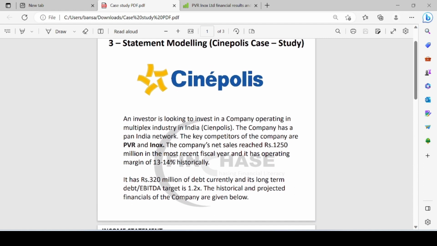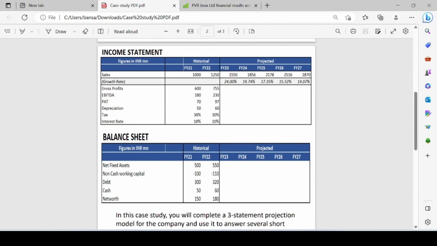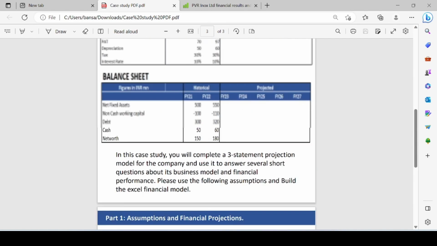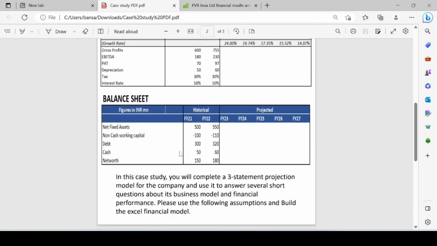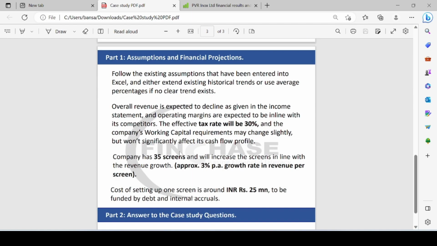Okay, the company has a pen, and in the case study it is given that there are two competitors of the company, PVR and Inox, but now PVR has acquired Inox, so it becomes PVR Inox. The company's net sales reached 1250 million in the most recent fiscal year, and it has an operating margin of 13 to 14% historically. This information is not useful for us, right? Now going back to the assumption and financial projection sheet,